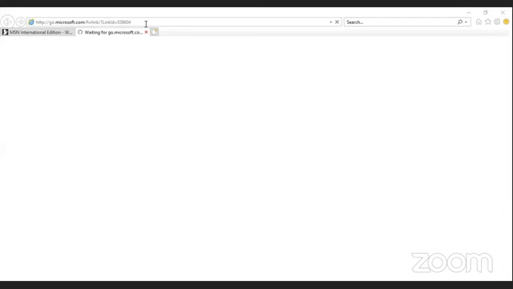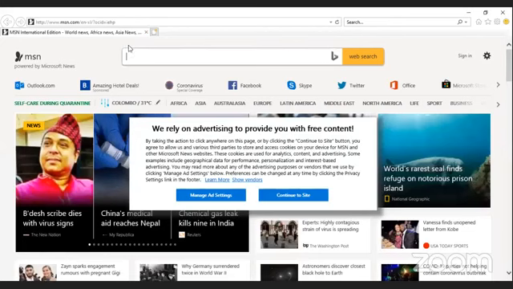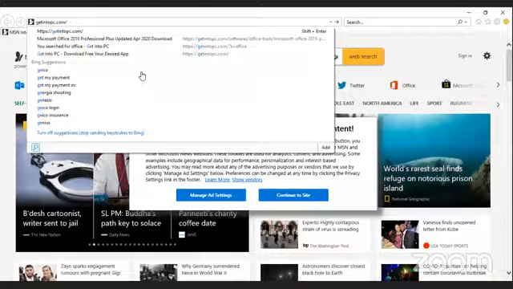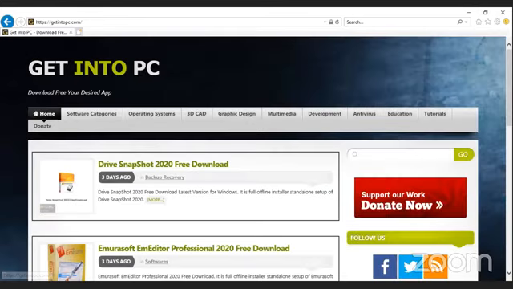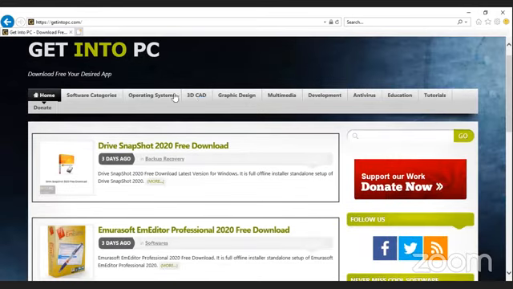The website is called getintopc.com. There you can see a lot of categories. You can download QuickBooks by searching here.